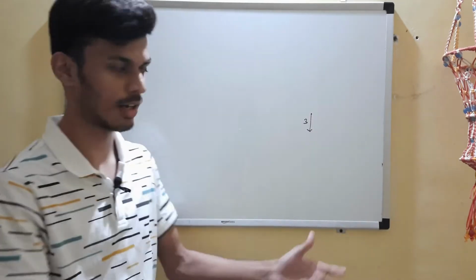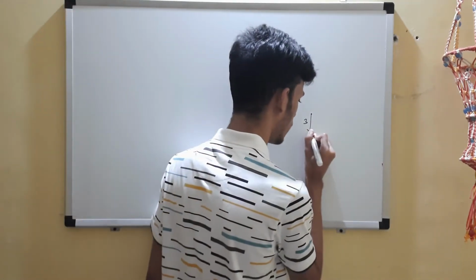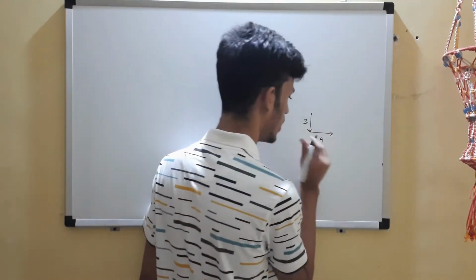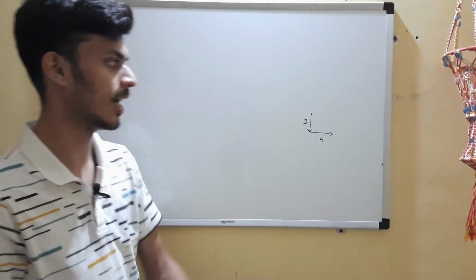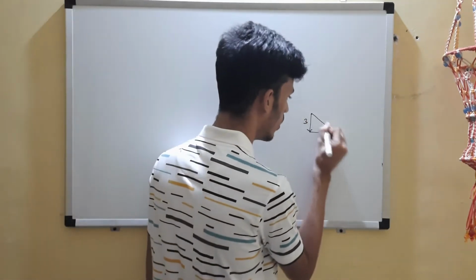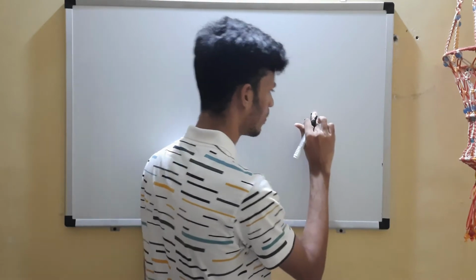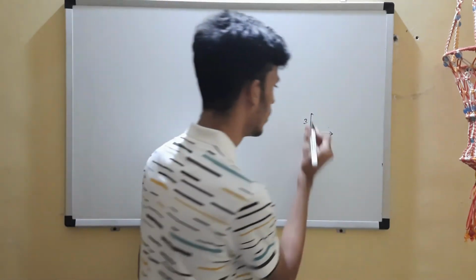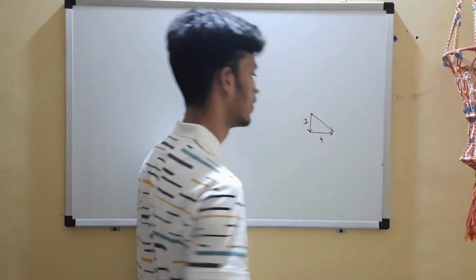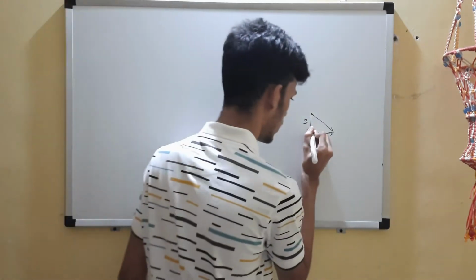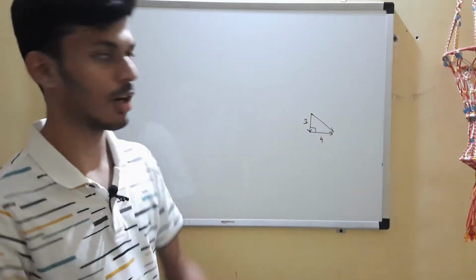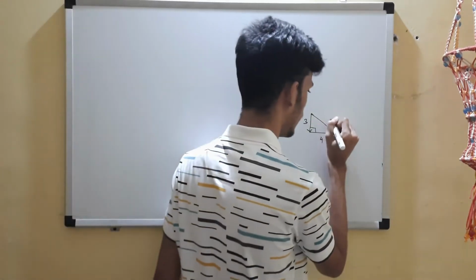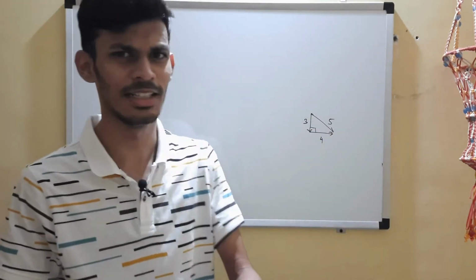Suppose we have two vectors. This was the scenario from the previous class. Now this has magnitude 3, magnitude 4 and directions as shown, and you could easily find the resultant through the triangle law. This would be the resultant, and suppose this angle was 90. Then what will be the magnitude of that resultant vector? 5, using Pythagoras theorem, right?